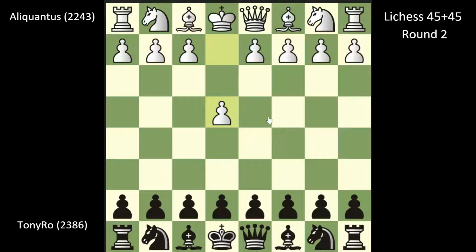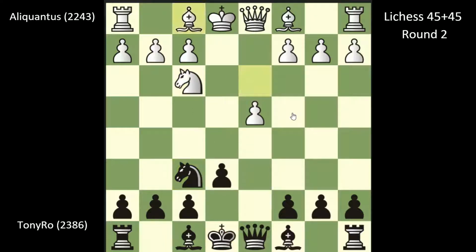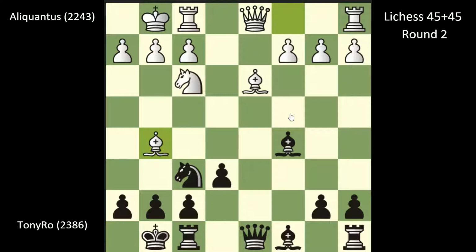I was black this round, and my opponent opened with 1 e4, and already I had a choice. I noticed in my preparation that against the French he played the Tarrasch variation, and then going into the Rubinstein, he pretty habitually played into this line, which I think is equal after something like b6, but